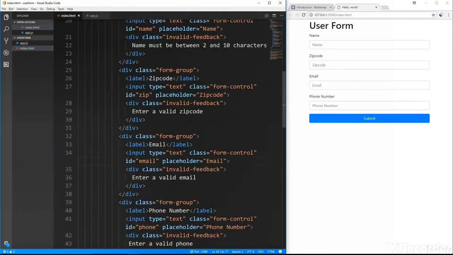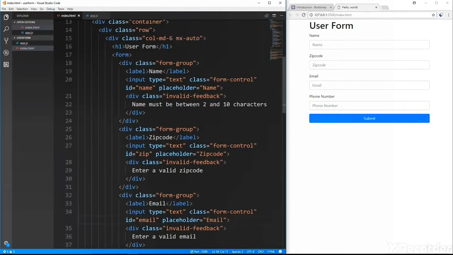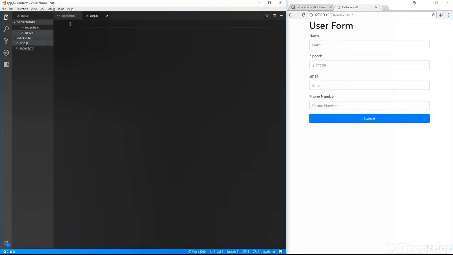Now, the way that we want to do this, or that I want to do this, is every time we put something in here, when we cause the blur event, so when we click out of the form field, that's when I want the validation to go off. I don't want to simply make it so that when we submit the form, all the stuff shows. I want it to be dynamic, where we leave the form field and it tells us if it's right or wrong. Okay, so we're going to go to our app.js here,